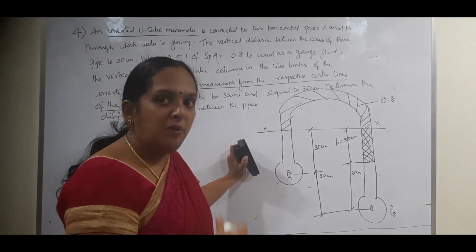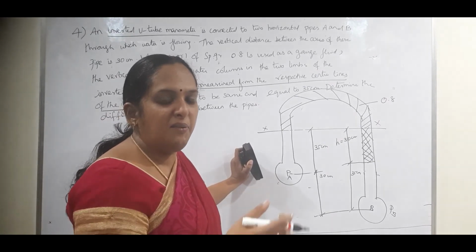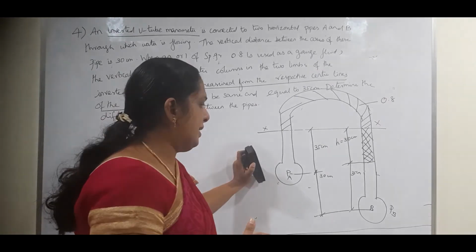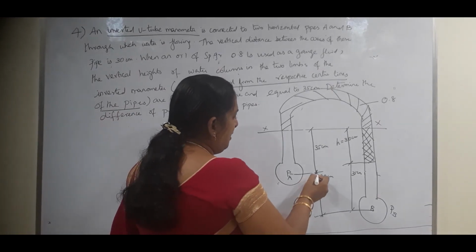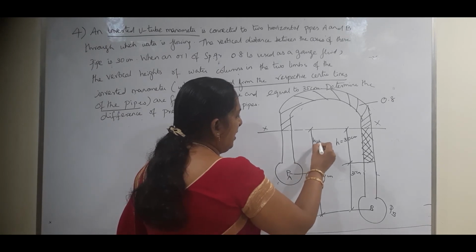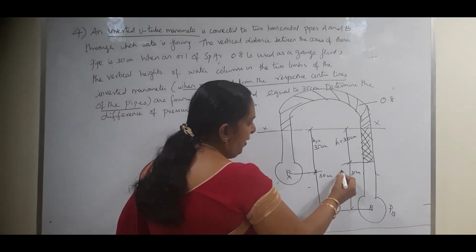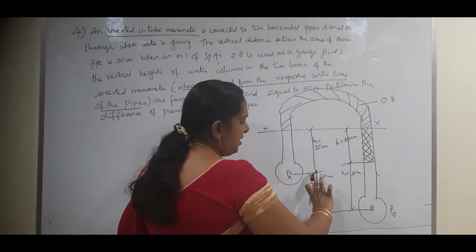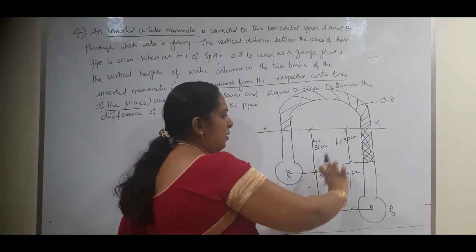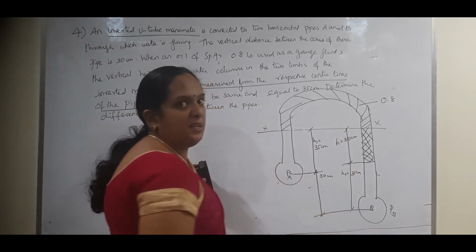Then we have to find out what are the things given. Then we have to be able to find out what is asked. Okay, so here this one will be your H1, am I right? And this will be your H2. So this detail is given extra. Why? Because it's to find out this detail H.